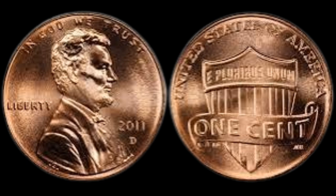mint formulas from that year or from years before or after, and while theories abound, most experts agree that this alloy mixture likely came from a batch of experimental planchets that were supposed to be scrapped or held for internal study but were inadvertently struck during a shift change or machine test, and this rare confluence of events, a wrong alloy, multiple striking errors, rotated die alignment, double die impressions, and dramatic die cracks, all occurring on a single coin,